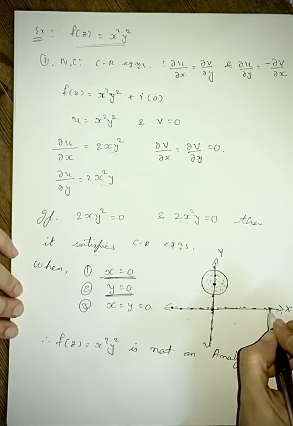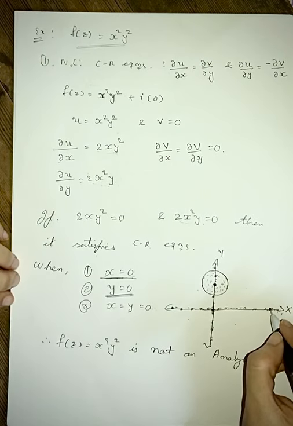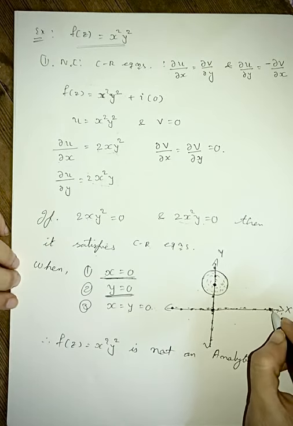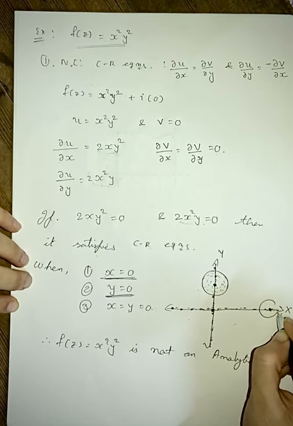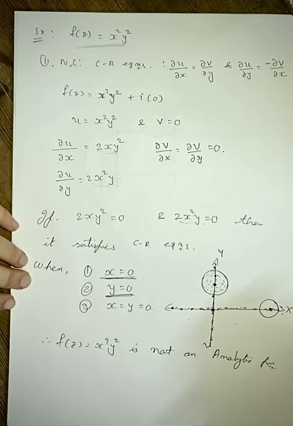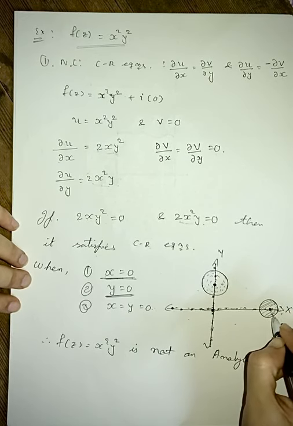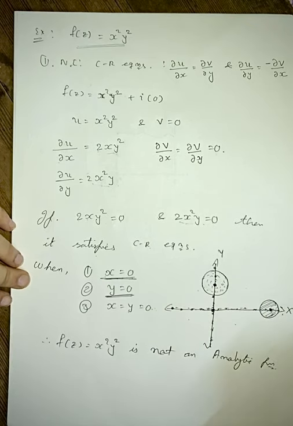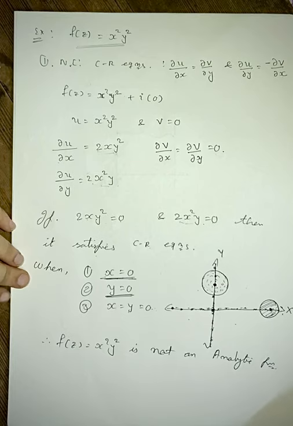If you check, here also it is the same problem: the function satisfies the CR relation here, but as soon as you go into the neighborhood, you are in trouble because it is not differentiable in this neighborhood region, and so again it is not analytic. Okay, now there is another way